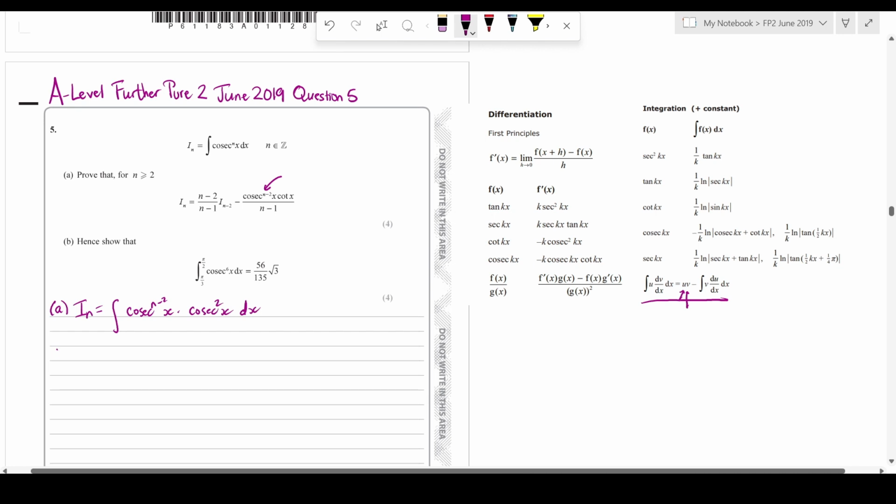Let's say we're going to differentiate the cosec to the n minus 2, then we'll therefore have dv/dx is cosec squared. And if I want to find du/dx, I need to differentiate, and that's going to be chain rule. So I'm going to have n minus 2 cosec to the n minus 3 of x times